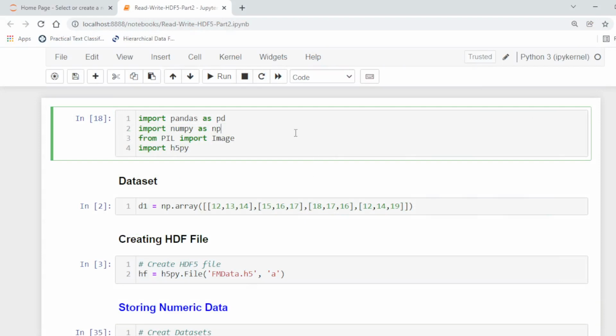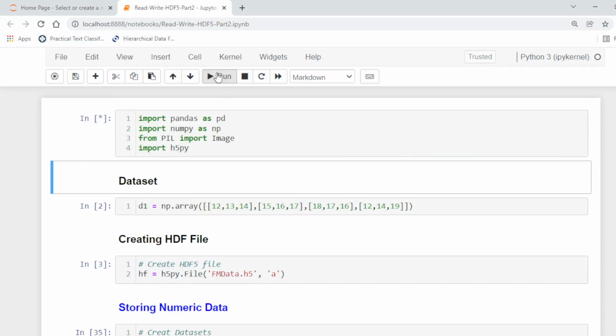First of all, we import the required libraries: pandas, numpy and PIL. This is basically an image processing package for Python language, so we will use it to load the image before saving into the HDF format. First of all, we start with the numerical data set.